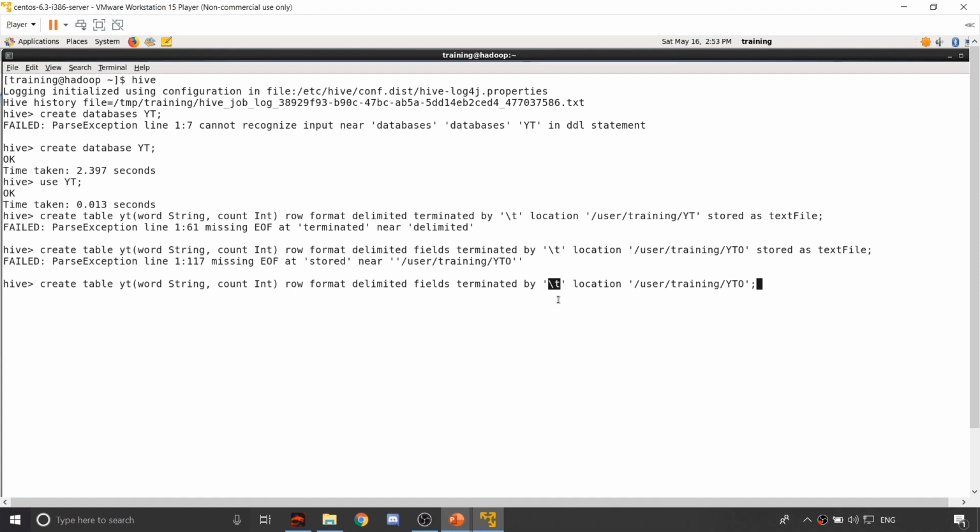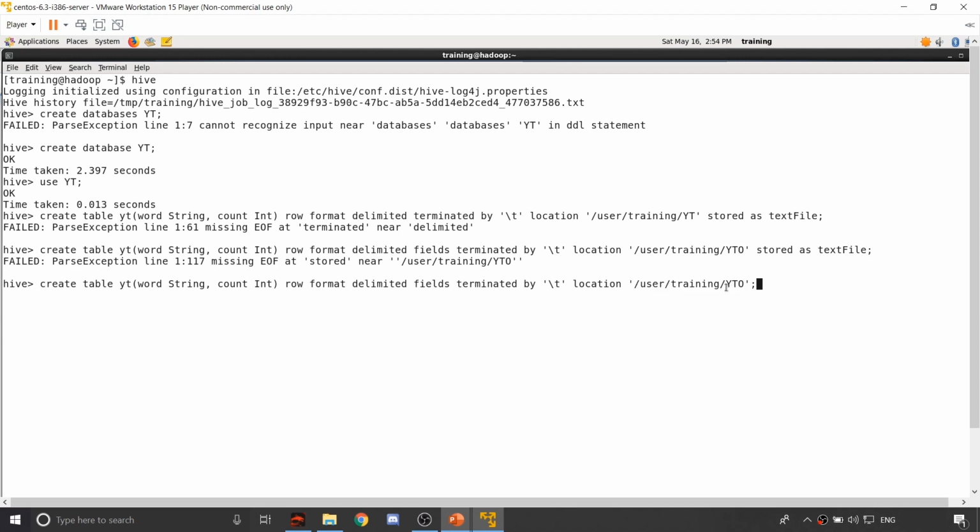If you remember, if you rewind back to where we showed the output from our HDFS, from our MapReduce job, we saw that the words and the numbers were separated by spaces. They were not separated by commas, they were separated by spaces. So by using \t, we're using those spaces as delimiters so that we can divide those two data fields into columns. And after that, we're using the location of our output directory, which was